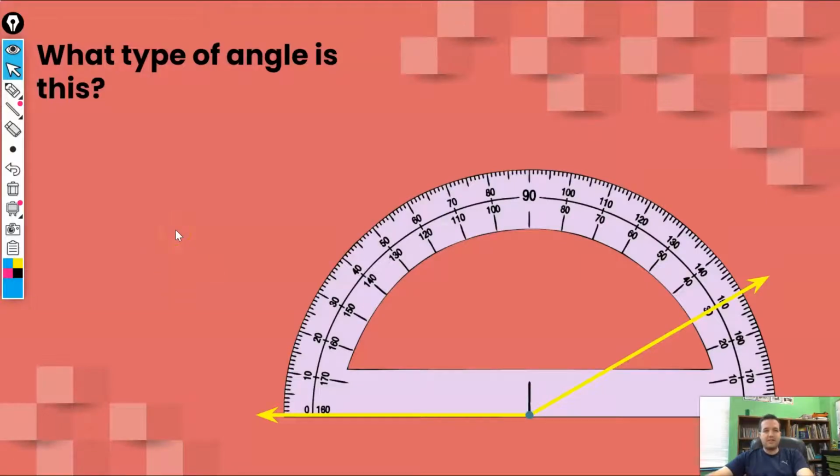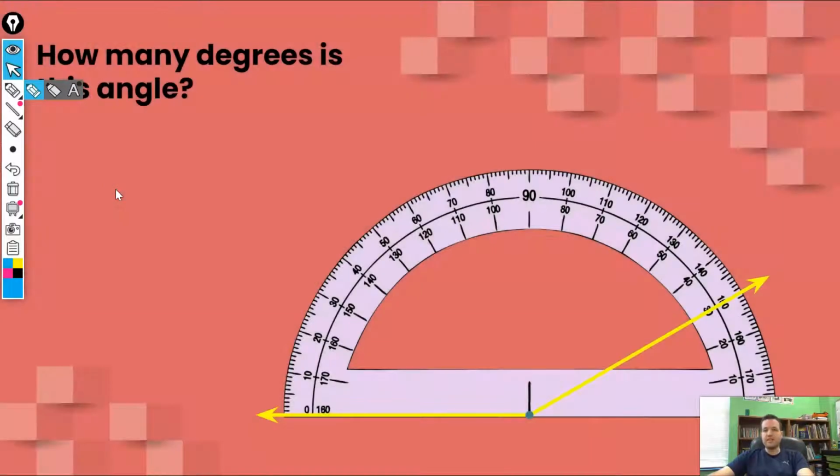All right, what type of angle is this? Hopefully you said obtuse. How many degrees is this angle? Well, see how it's going through the 30 degrees and the